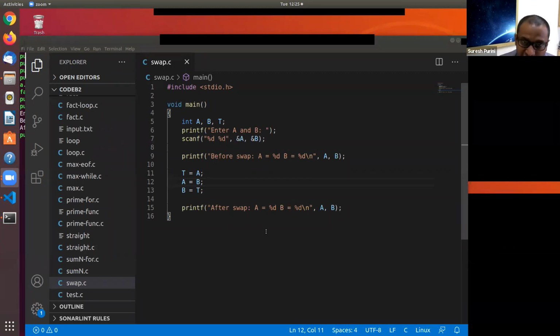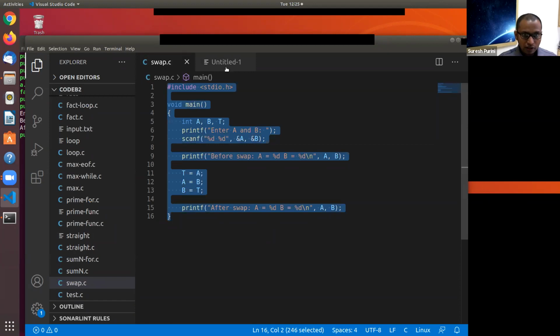So now the next idea is this. Usually swap is not used just like that in the middle of a program; swap becomes a logic in a bigger program. So we would like to put swap as a separate function in our code.